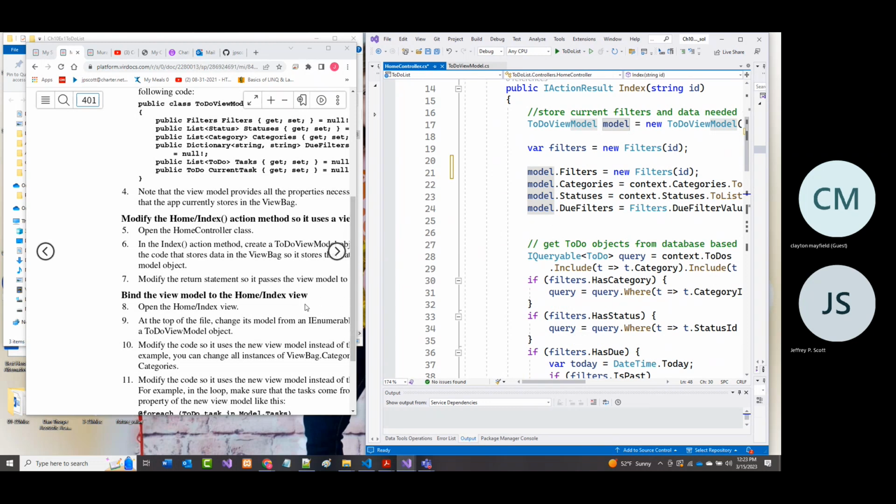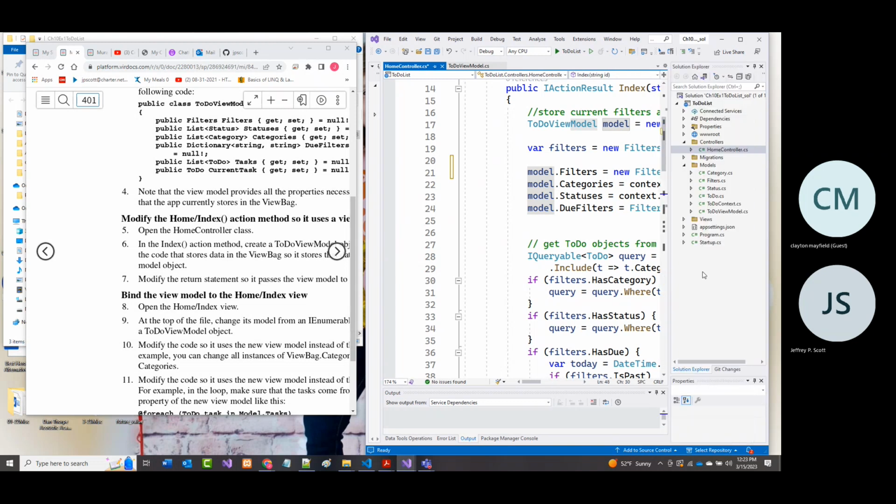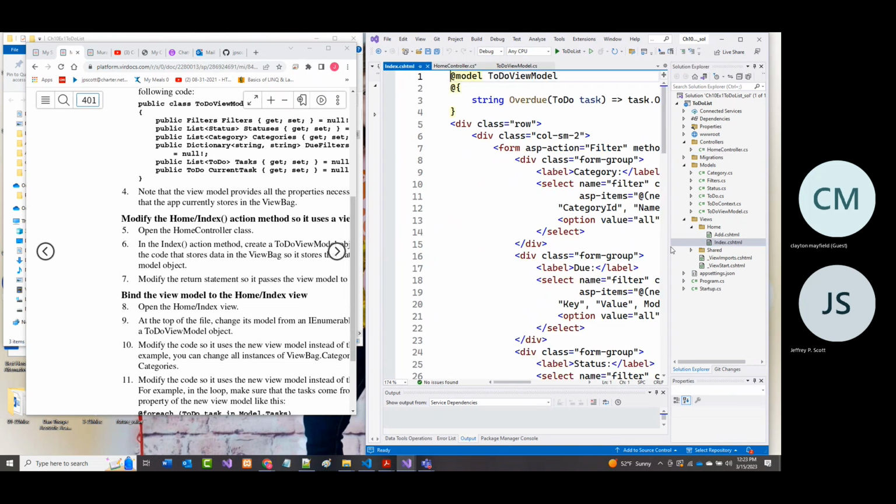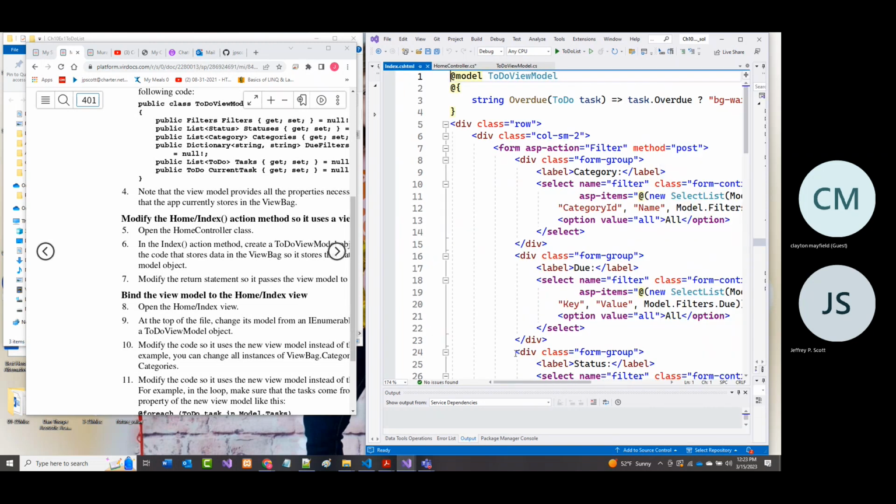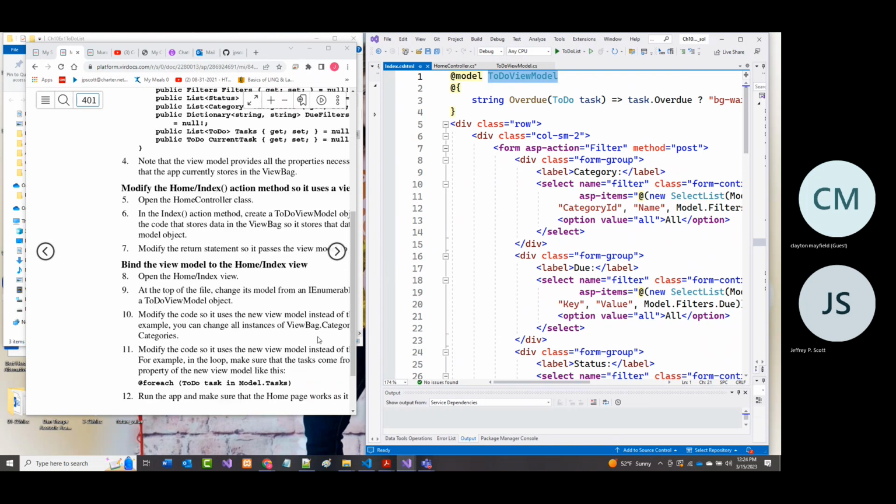Okay. Then it says to open up the associated view. At the top, we have to change this. We have to change it from what it was, which was an IEnumerable, to a to-do view model object.